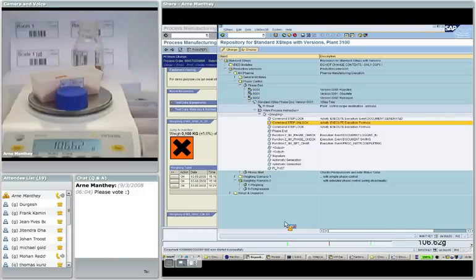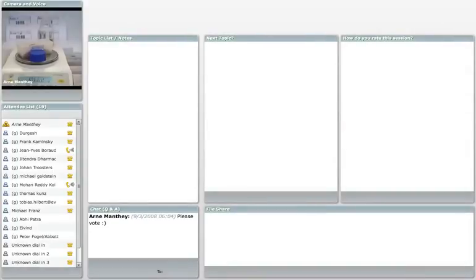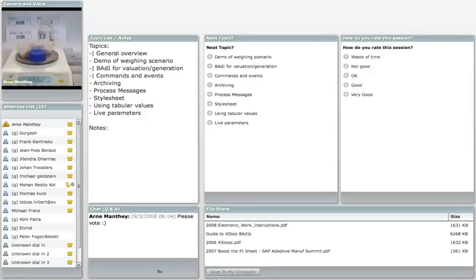So I think I'll move over here to the exit panel, where I would like you to vote, first, for how you rate the session, and next, which topic you would like to have as the next one. Or maybe let's first discuss. So